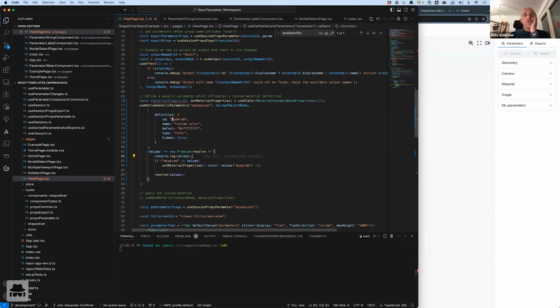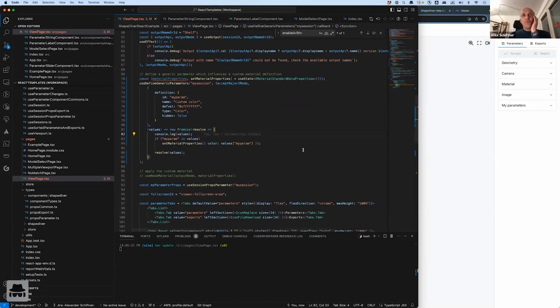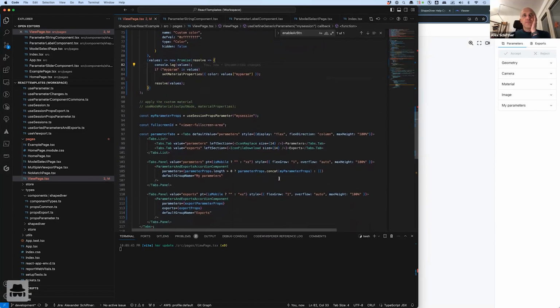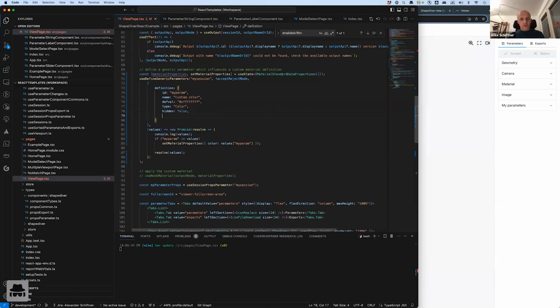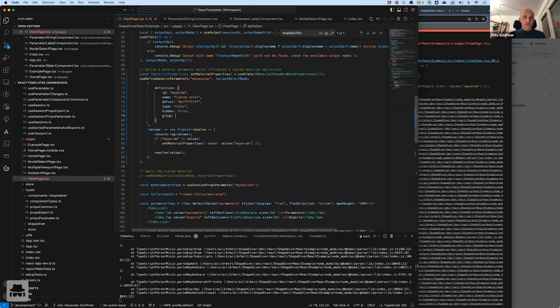So our new parameters already show up here in my parameters. This group is called my parameters because down here we define a default group name of these parameters to be my parameters. Instead, we could also define the group here by defining the group property, which takes an